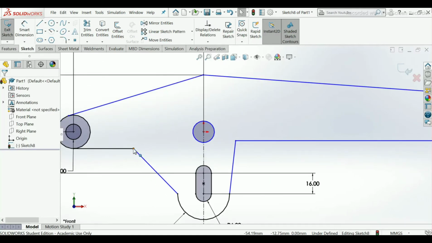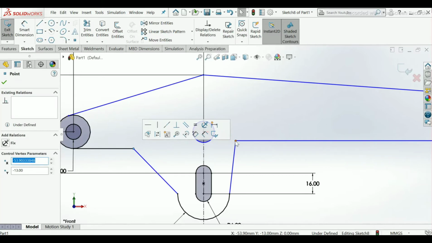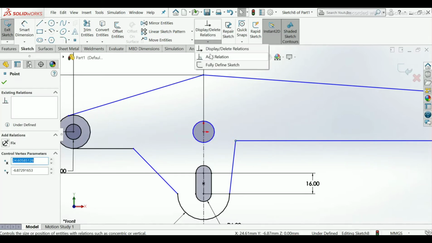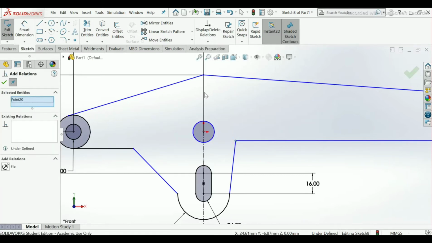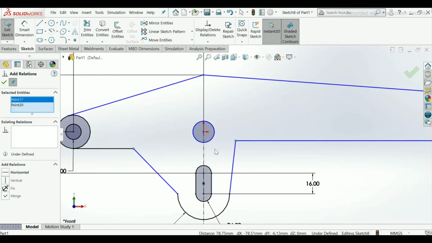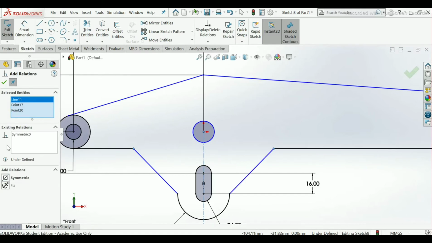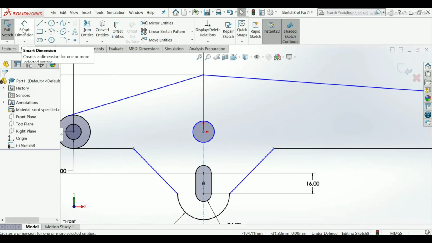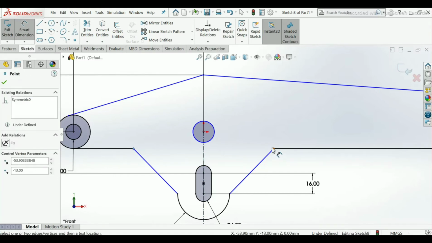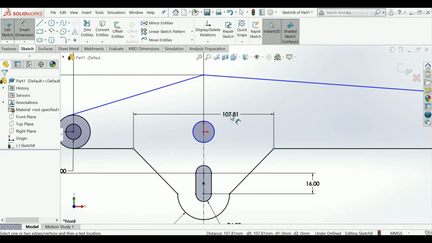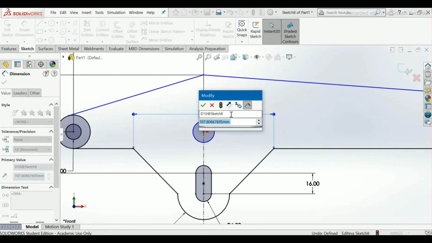Now select this center point and this, go to add relation, select this point and symmetry. Okay, now go to smart dimension, select this point and this point, make it 60 mm.